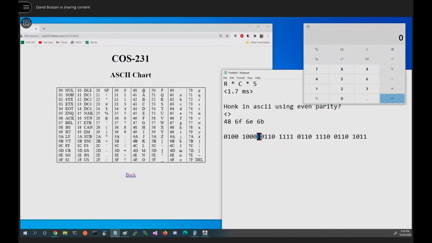So what we're really doing here is taking these and dropping them down on their own lines. I'm going to count the number of ones, and if it's an even number, I don't have to change that bit. It's already even, already even. This is odd. There's 2 there and 3 there, so that's 5. So we need a 1 there. 3 there and 2 there, that's 5. We need 1 more. So now we would write it back out, because they probably want your answer in hex. It's 4, 8, 6, F, E, E, E, B. We pick this number up, pop it inside there, and be done with it.